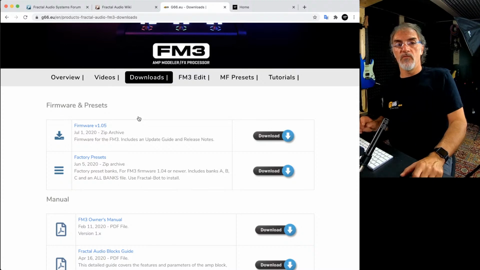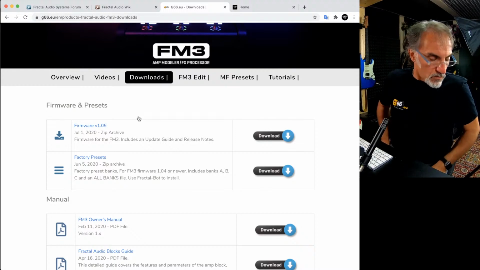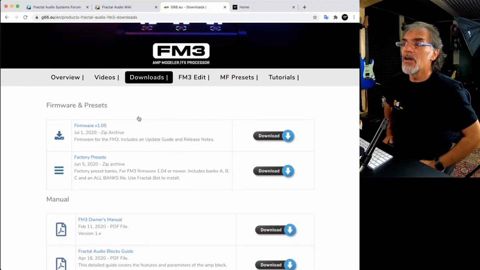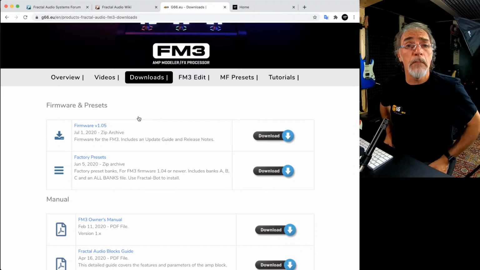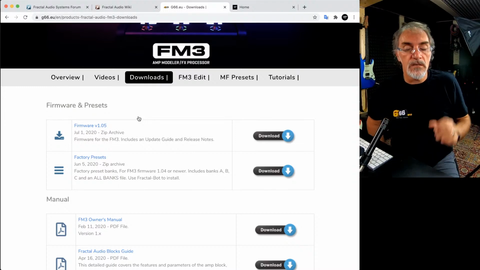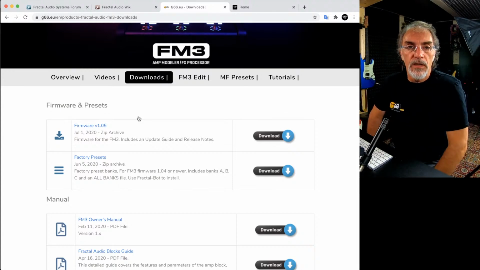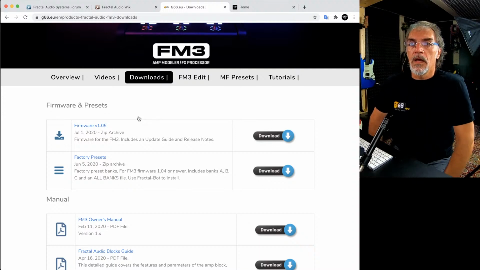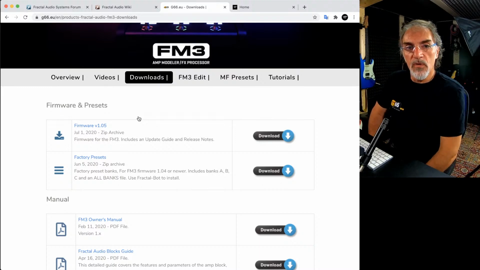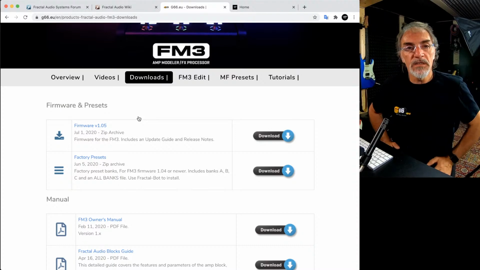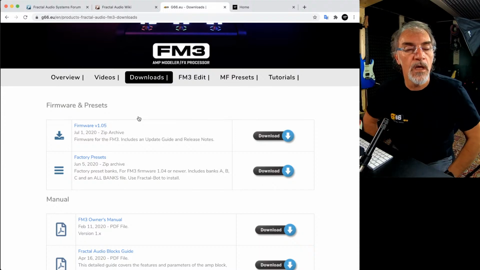Firmware is a really important part of Fractal products. Many of you already know that I have worked with a lot of products, and I can say that Fractal is one of the companies that takes care a lot about the evolution of its system. This is a very big benefit, and I think it is the unique selling point of Fractal, because Fractal is continuously evolving to improve the quality of the simulation and the availability of simulations, so new amps, new effect blocks, new features available for you.